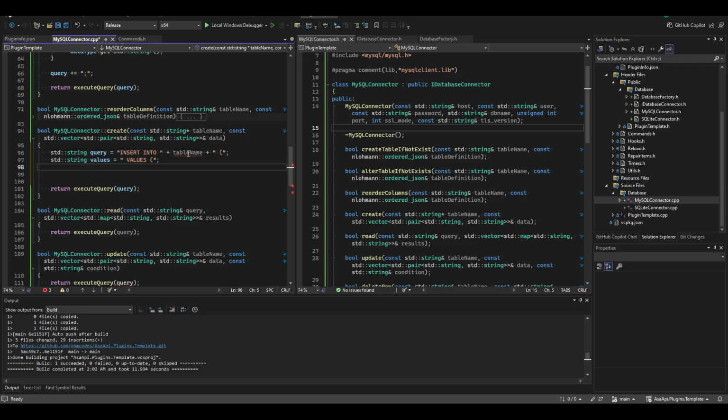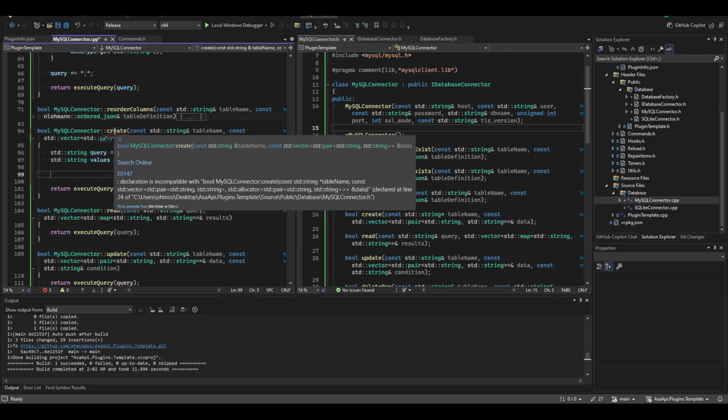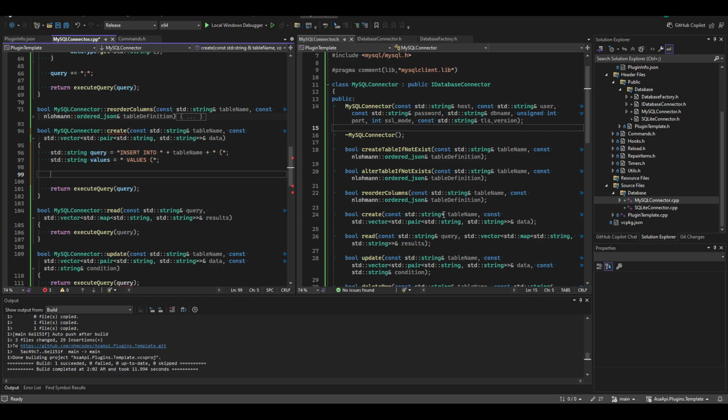Why our table name is error? Constant std::string. Maybe this is wrong. This should be end. Okay, and why is this one error? Because I put it here as well. I need to change it. Okay,